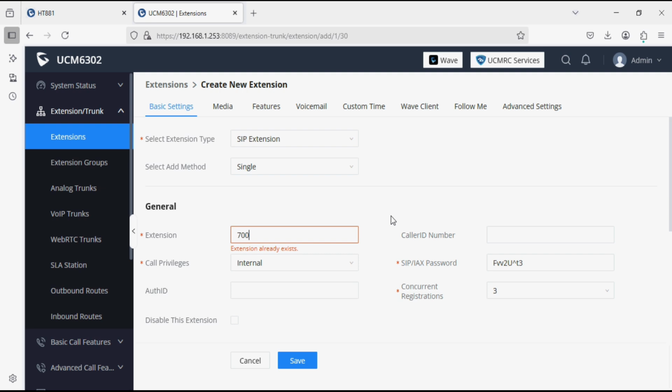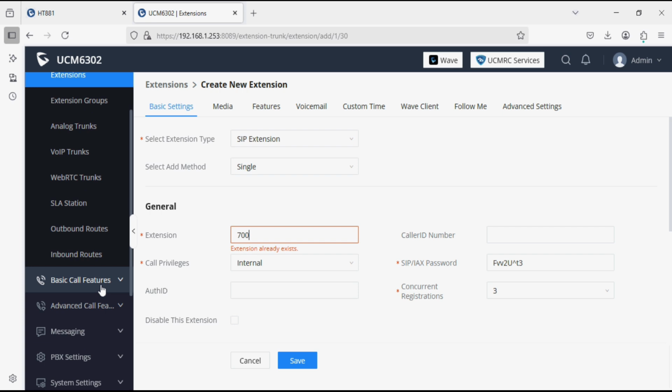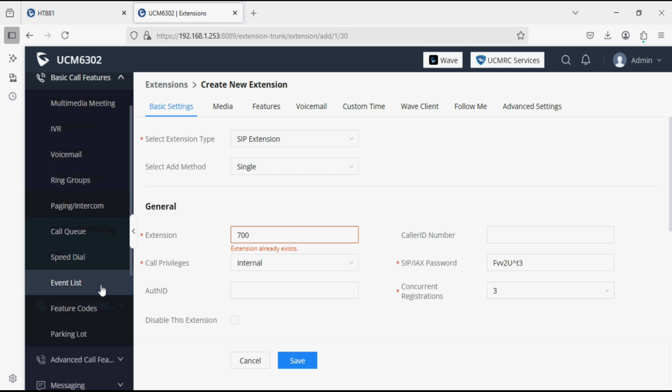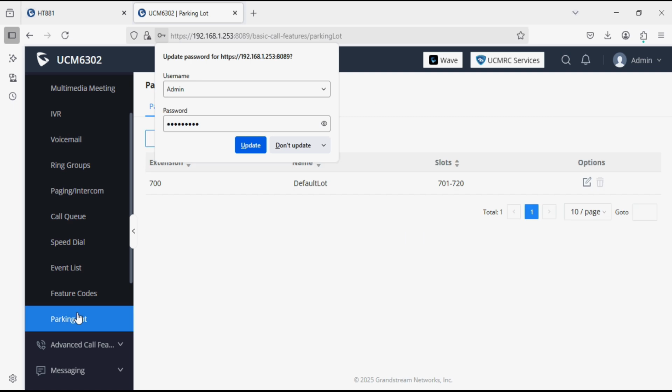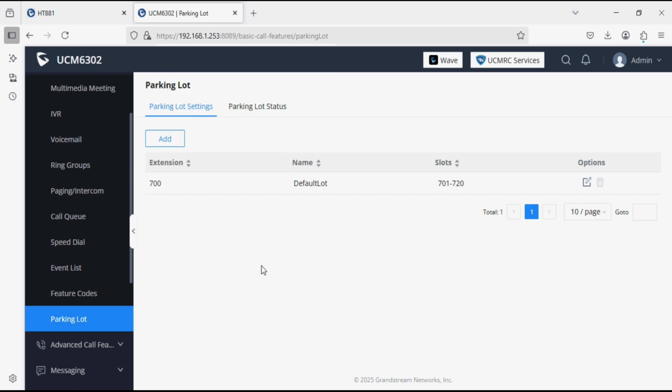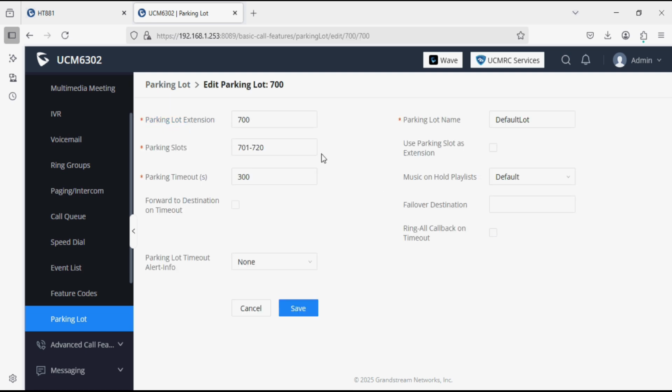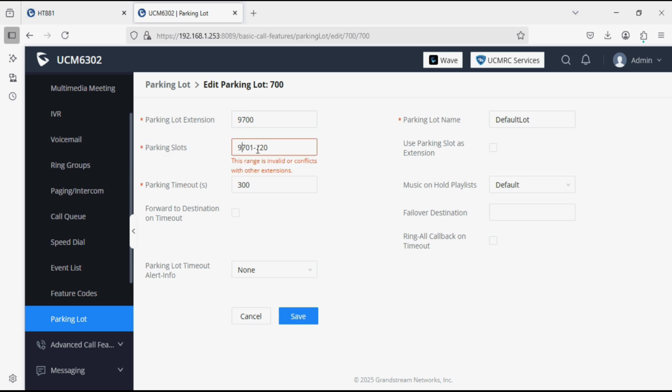So now we need to adjust the call parking extensions, which is under the basic call features, parking lot option. As you can see here, the default extension of the parking lot is 700, and the parking lot slots start with 701 to 720, and we need to adjust it. So we can give any number. I'm giving 9700, and the same range for the slots,